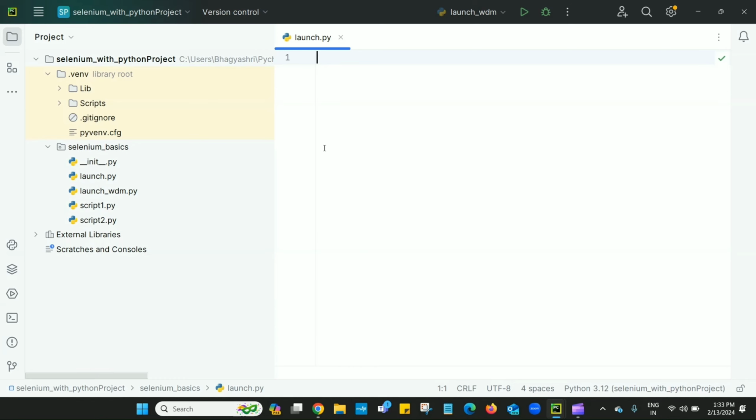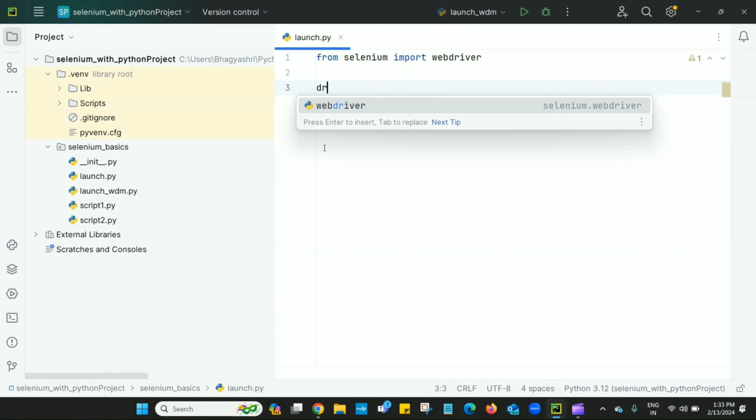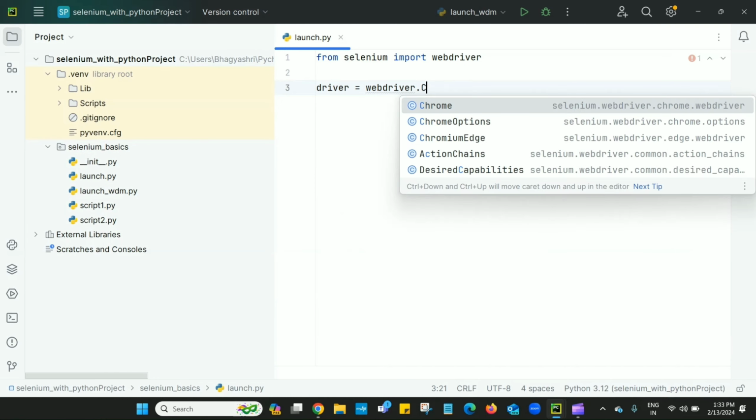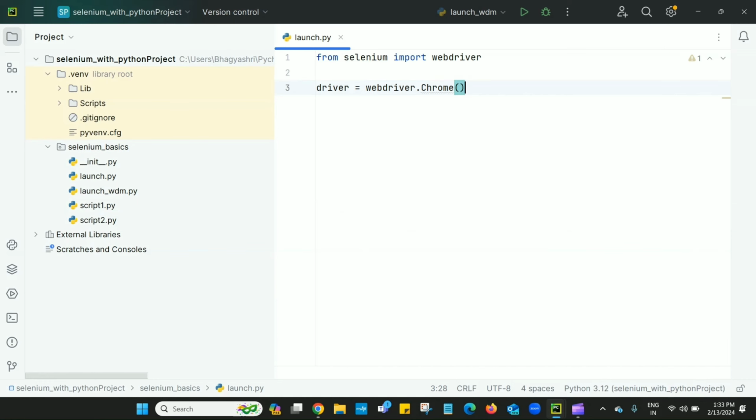So let's start. Write a simple program to launch the Chrome browser, open the Google page and print the title of that Google page. I will first import from Selenium, import WebDriver. Now I will create the variable driver equals WebDriver dot Chrome. I will call this Chrome class.